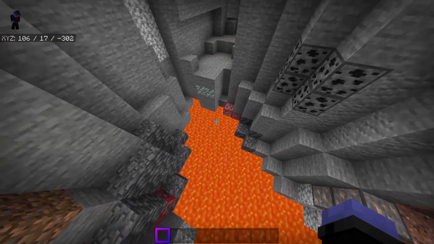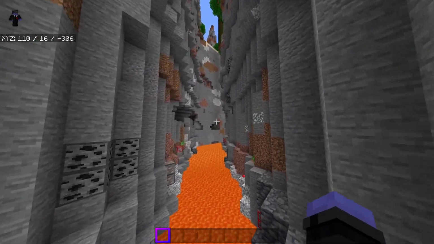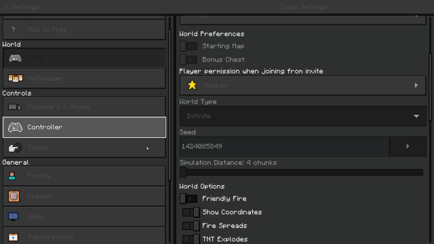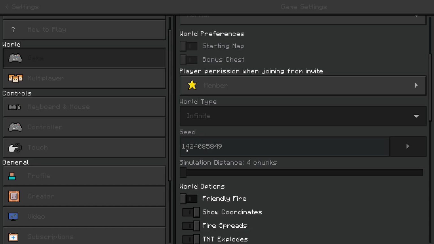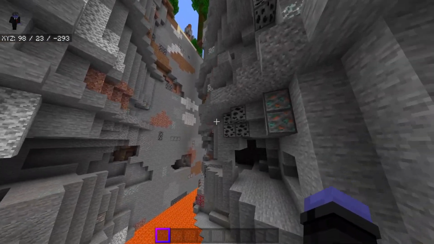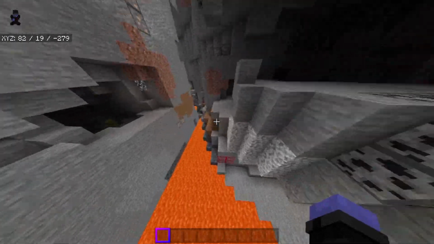Also, maybe I should drop the seed, that if you want to use this add-on, get it in the description. Here, I'm gonna pull up the seed. Okay, here's the seed for those of you interested. 142-408-5849. If you want this seed with this giant, this is an enormous ravine with all this stuff in